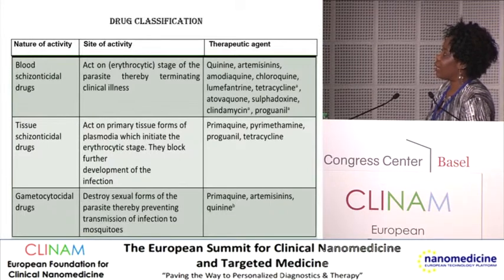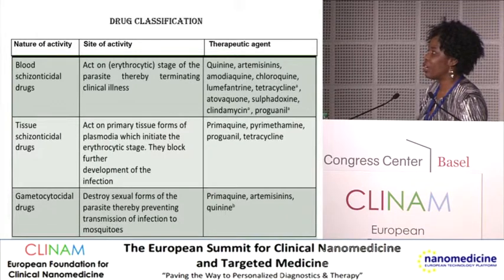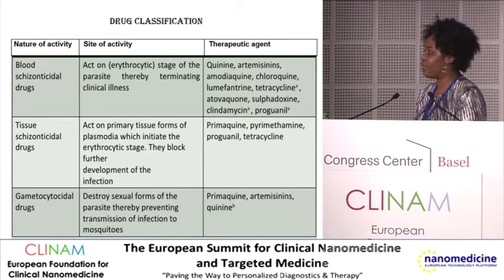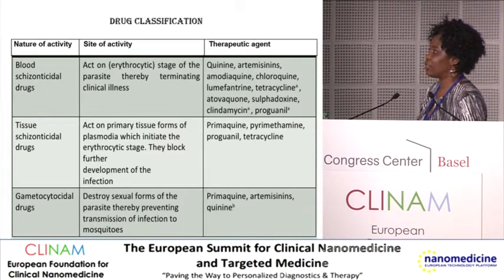Okay, we have different types of drugs to treat malaria. The problem is that these drugs have some limitations. They have some shortcomings, because in the market, we do have the ones that act in the blood phase, the ones that act in the liver phase, and even the ones that can target both the blood and the liver. But there are certain limitations which these drugs have shown currently. Also, bearing in mind that there's no vaccine yet that could be used to treat the disease, it's a bit of a problem to treat this disease at the moment based on these limitations.